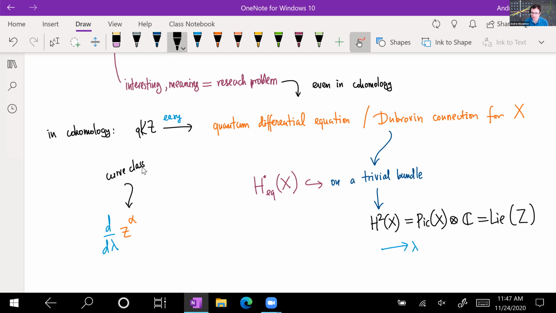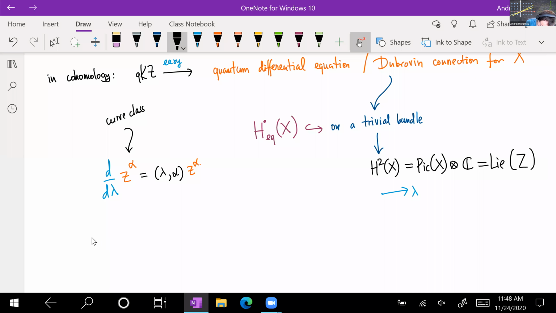Remind you that the z was an element in the semigroup ring of the effective cone. So elements there are z to the alpha. That is, you pair lambda with alpha, and you take z to the alpha. That is how differential operators work. And so then the connection becomes